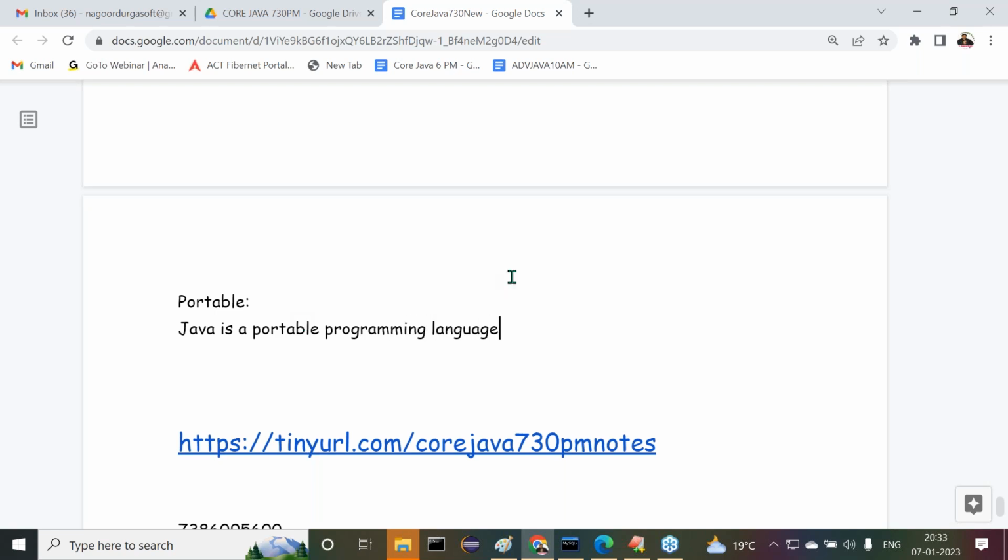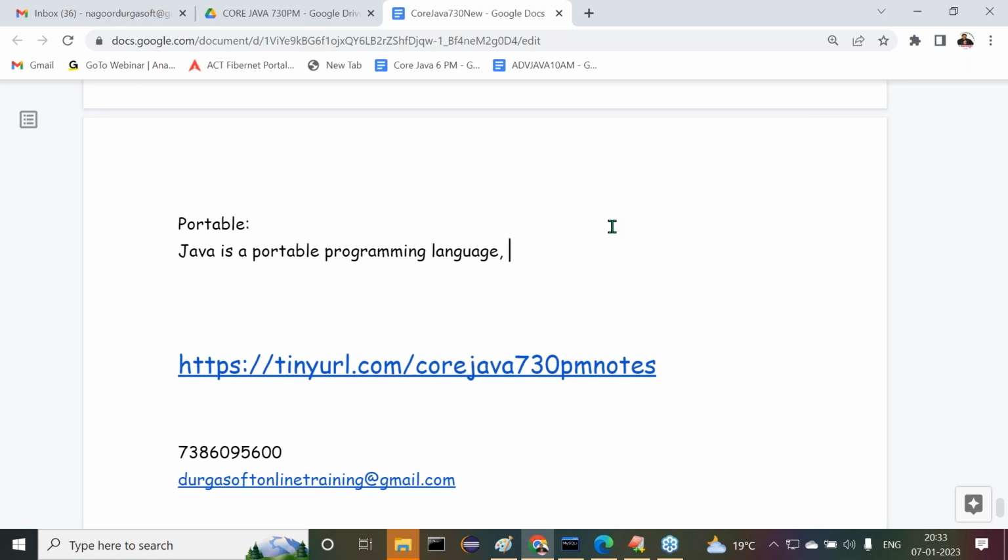Java is what there? A portable programming language. Then what is the next point here? Java is a portable programming language. But how is it a portable programming language? Why? Because